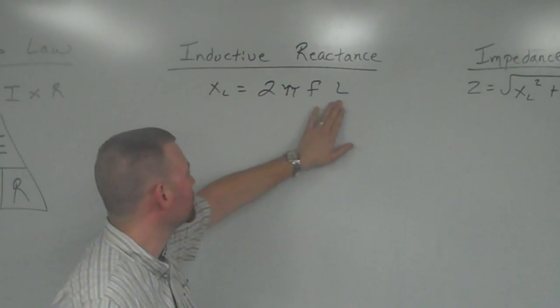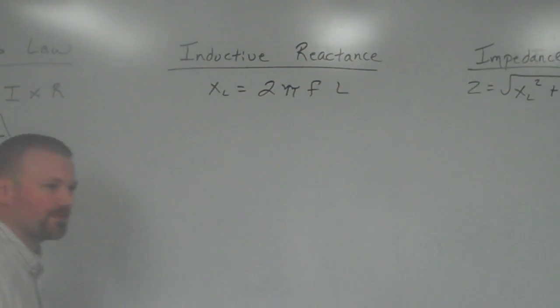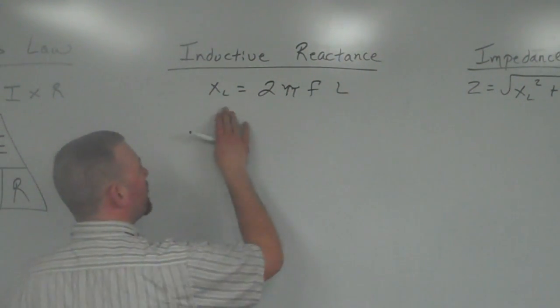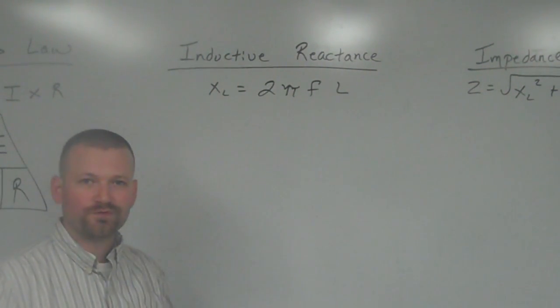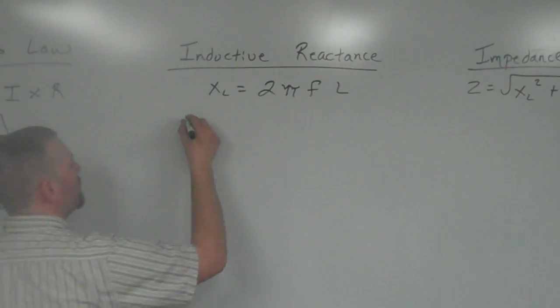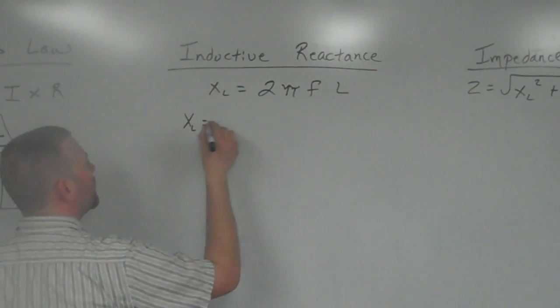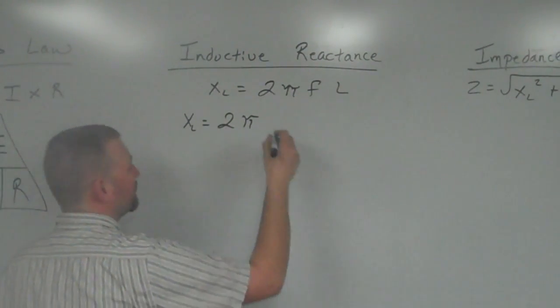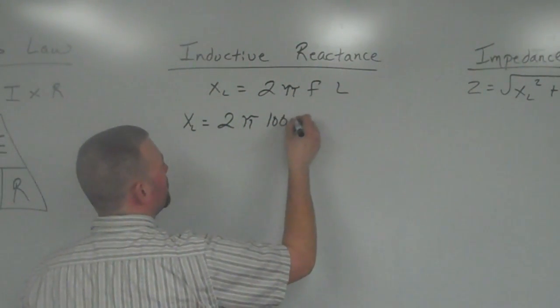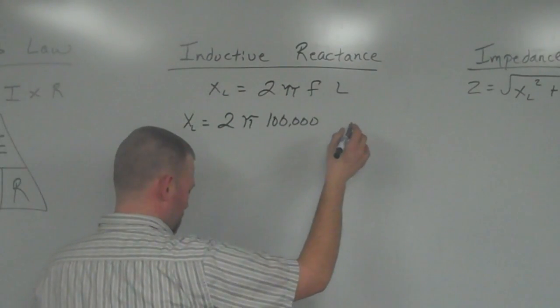This microhenries is a given value for a specific material. That's the resistance value that's already there. We're going to multiply all those across to figure out an inductive reactance value and what that value is going to do for us. So, X sub L, or inductive reactance, equals 2 times pi times the frequency of our setup, which is 100,000 hertz, times